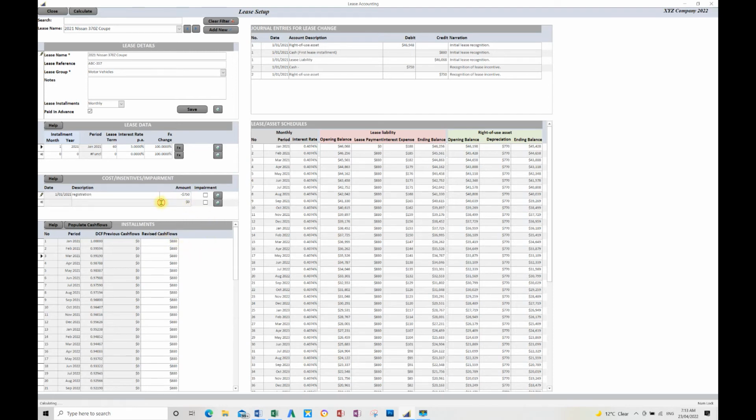Okay, so that's how the lease incentives in this section would work. And also likewise, if there is a restoration, which you will not have for a car, but if there's a restoration expense, you will enter it here. So that is how you would go about creating a basic